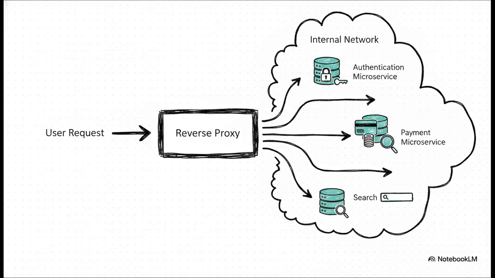Also, notice how this routing intelligence really forms the foundation of modern API gateways. A single user request hits that reverse proxy. If they ask for the auth API, the proxy routes them strictly to the authentication microservice. A payment API request goes straight to the payment microservice. Modern proxies even handle advanced protocols like gRPC and HTTP/3 totally seamlessly. The user only ever sees one simple entry point, while a whole maze of complex microservices stays safely hidden inside the network.